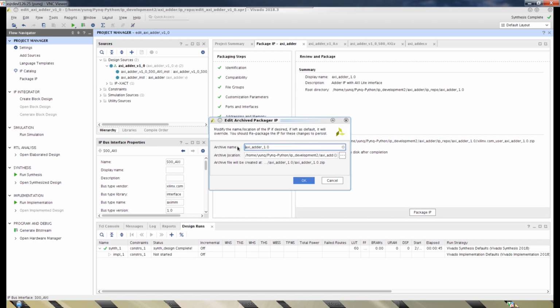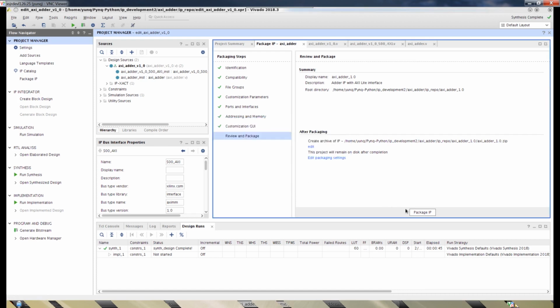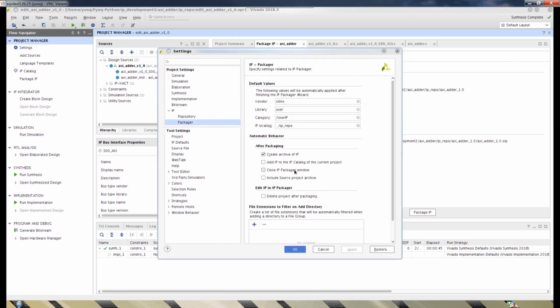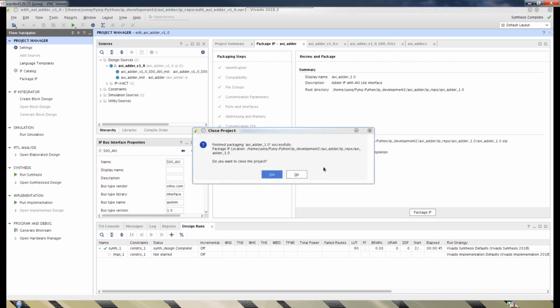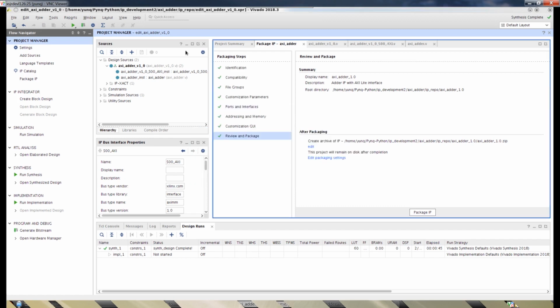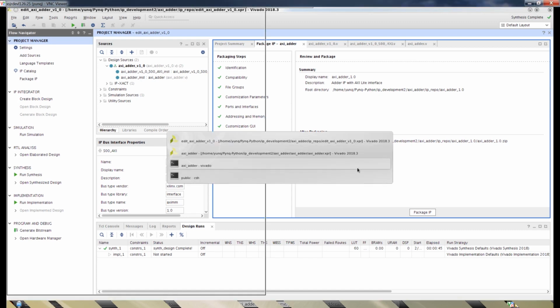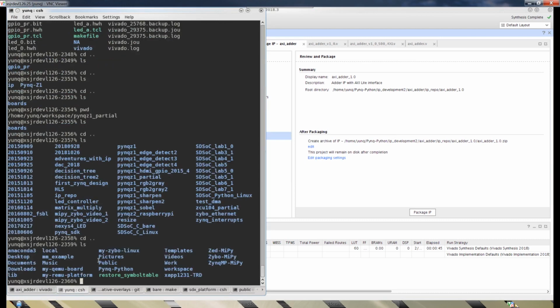AXI adder, archive name, archive location, AXI adder, IP repo, okay. I have to edit this, let me see. Package IP. Let's just keep this for a while, because although I already have this IP, excuse me, I want to try a few things before